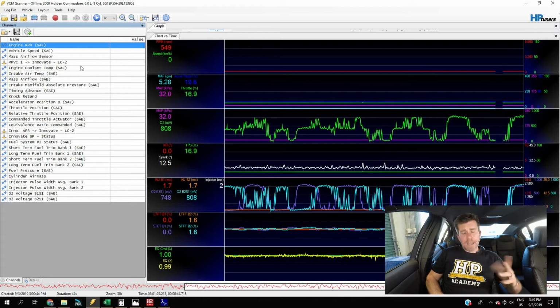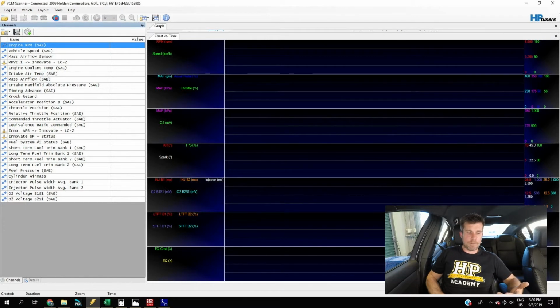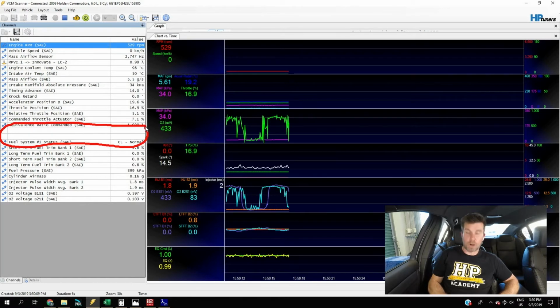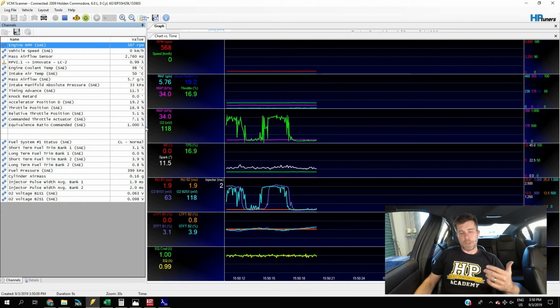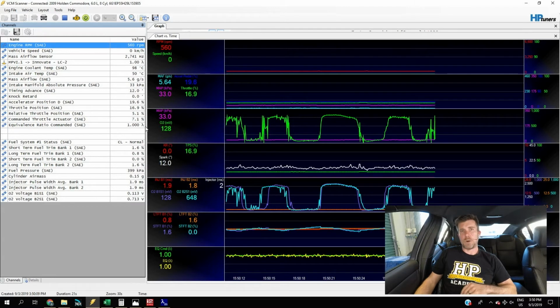Now that on its own, in my experience, is still not always a bulletproof way of getting that data to come up. Generally we'll press record to start logging data from the vehicle, and straight away you can see that those two channels have disappeared. So we've got no data. Not overly helpful for our purposes. The reason this happens is that when we start recording, the VCM scanner software will poll the serial ports, the USB ports, looking for that data. If it doesn't find what it's looking for, those two channels go away.